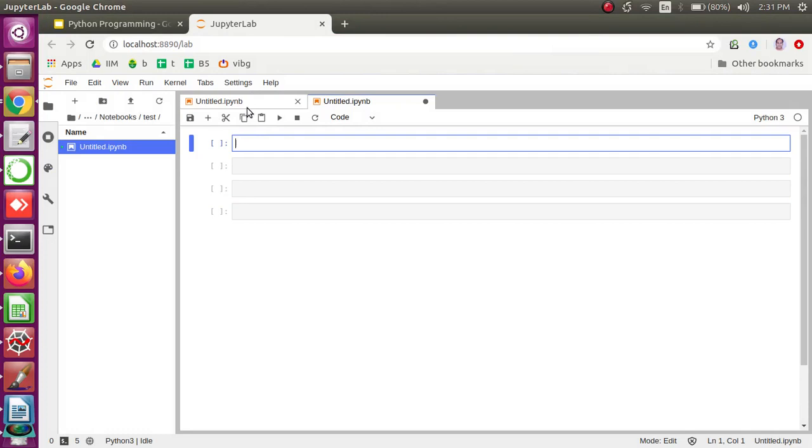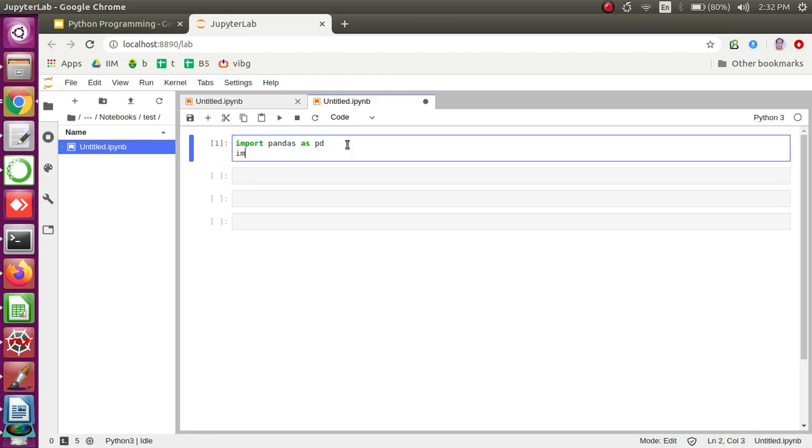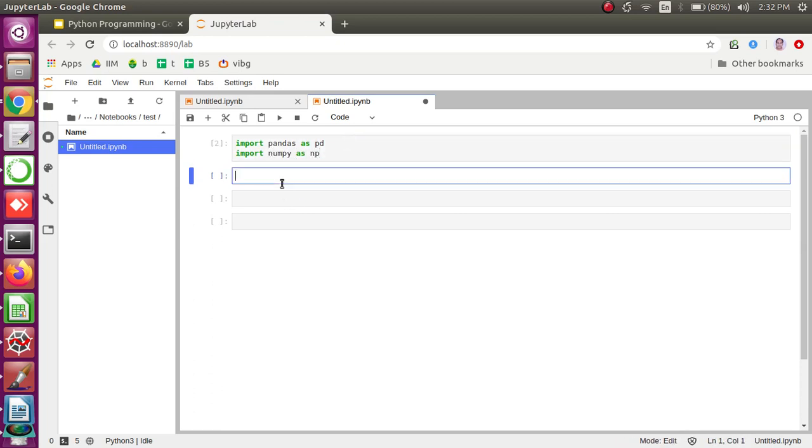So I have a Jupyter notebook. Let me open it and import the pandas library. Okay, we can create an alias as well, the same way we have done for numpy earlier. So we have imported it, let me also import numpy as np. Okay, so these are commonly used libraries, very useful and very powerful libraries